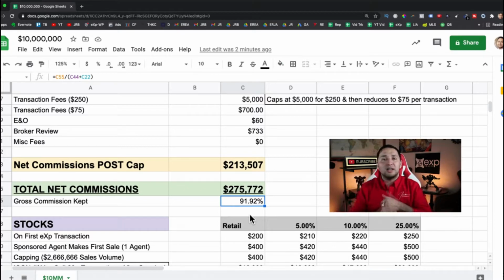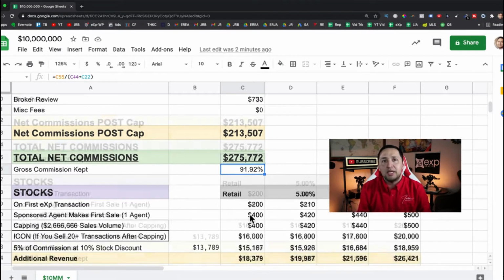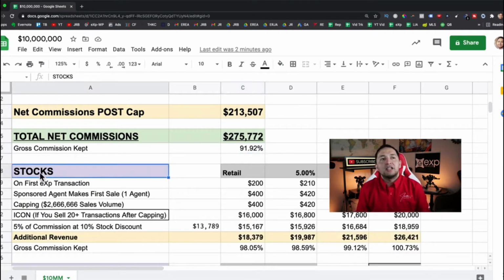So whenever you're talking about transactions, franchise fees, splits, or fees with the brokerages that you're with, make sure that you ask these questions, because here via math, I'm showing you what it looks like at EXP. But let's keep going. All right, so let's go into stocks, because this is one of the most